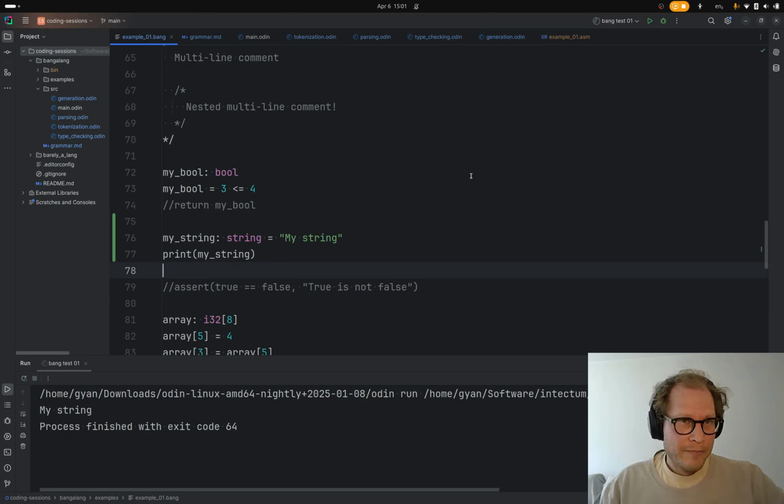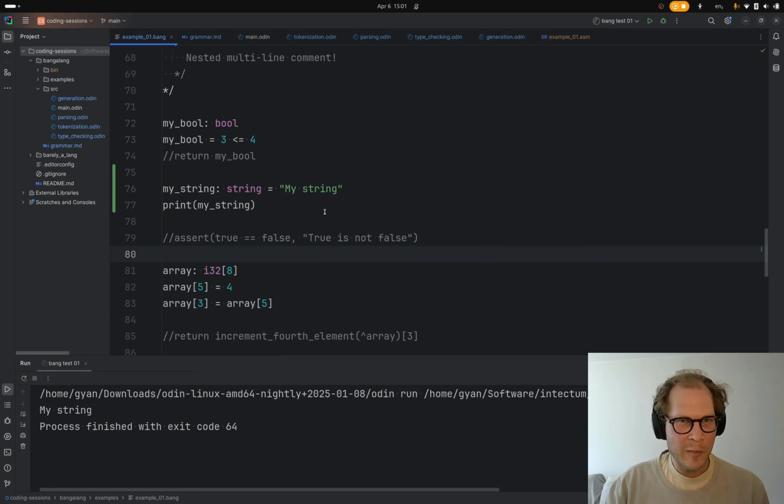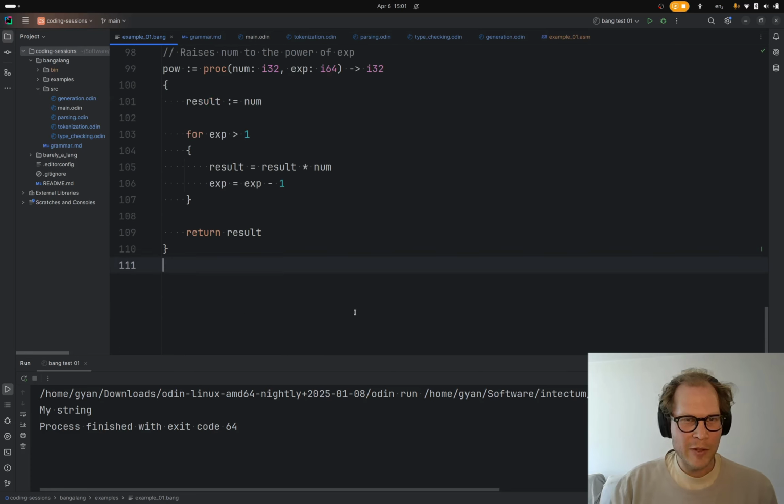Holy shit. Okay, I printed out my string. That's really cool, and unexpected. I didn't think we would get so far so quickly. I mean, could we even